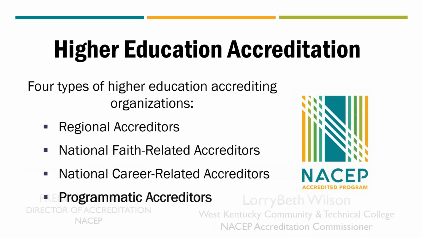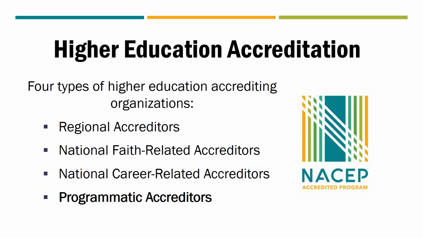The primary means in which colleges and universities and programs monitor quality in the U.S. is through a third-party peer review accreditation that's carried out by private nonprofit organizations. There are a couple of different types of accreditors. There are regional accreditors that accredit public and private, mainly nonprofit and degree 2 and 4-year institutions. Then there are the national faith related accreditors. They accredit religiously affiliated and doctorally based institutions, mainly nonprofit and degree granting.